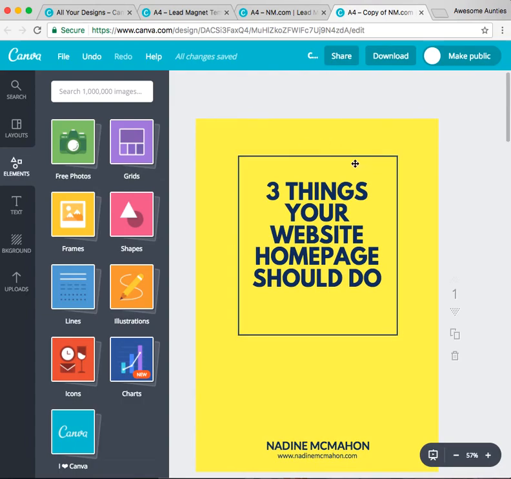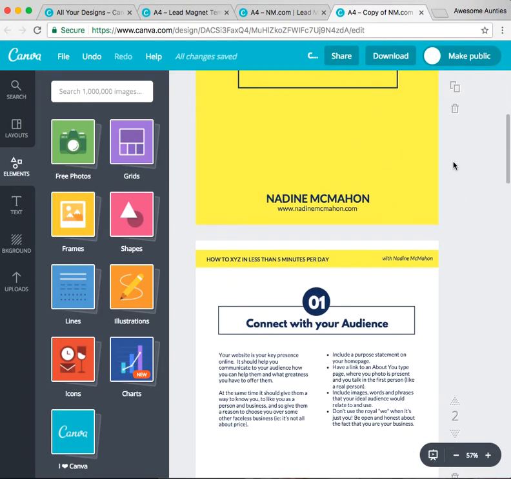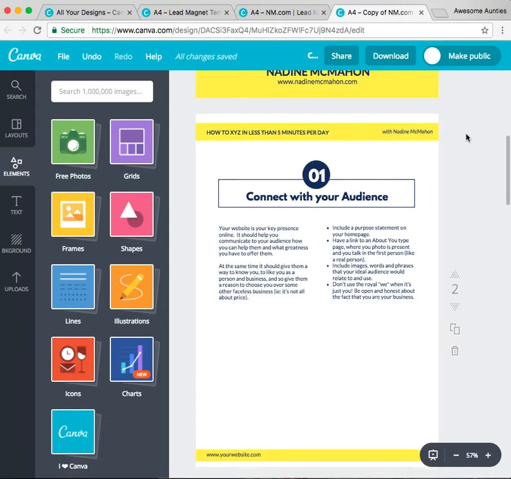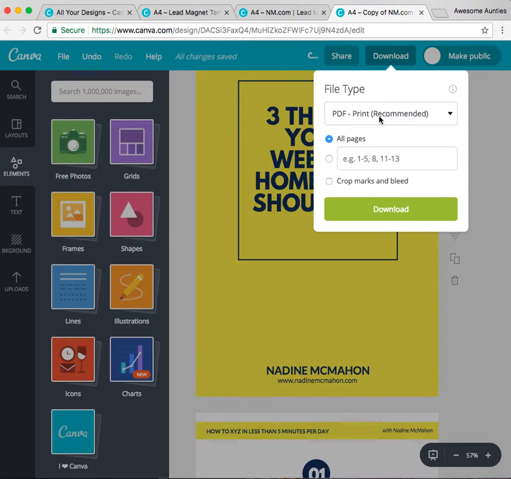So once you've finished creating your lead magnet and putting all your content into it, and you could just copy and paste this from wherever else you've got that created already, you then just use this download option, and under download it should automatically suggest PDF for you since it's an A4 sheet. But just make sure that it is a PDF that you are downloading, and I would go for this PDF print. That's what it recommends, and that will probably give you the nicer version